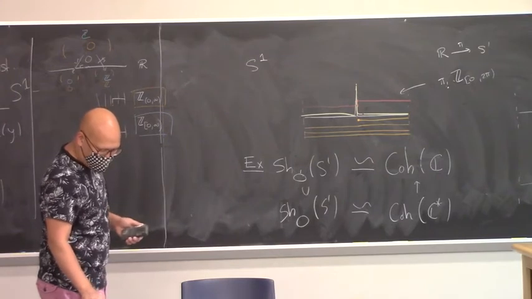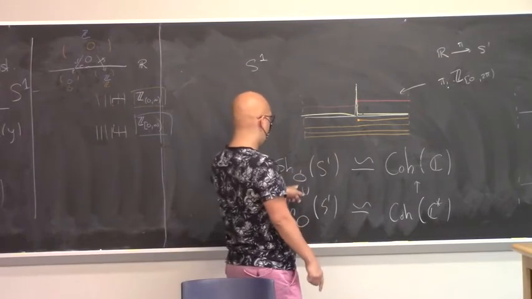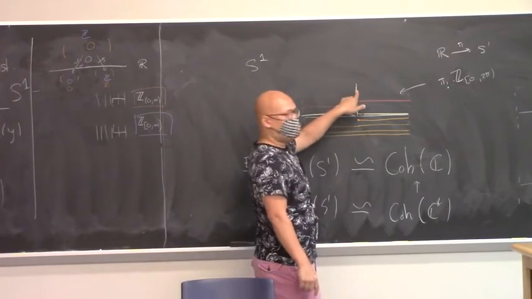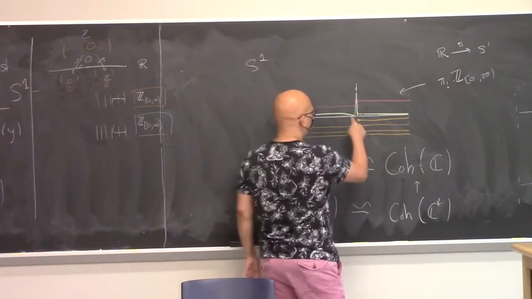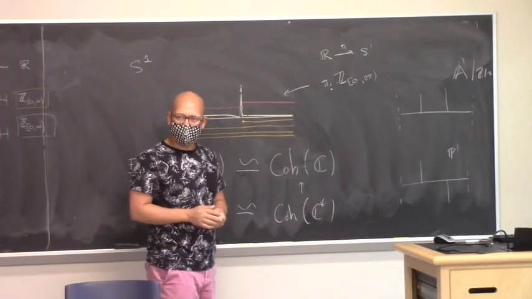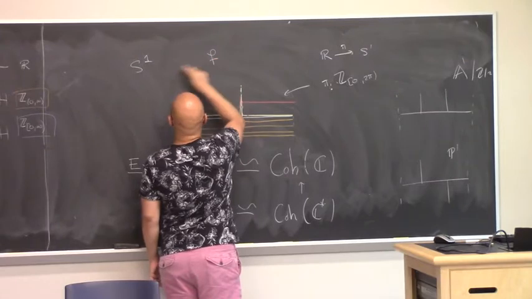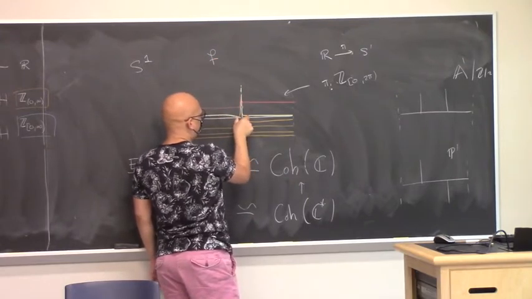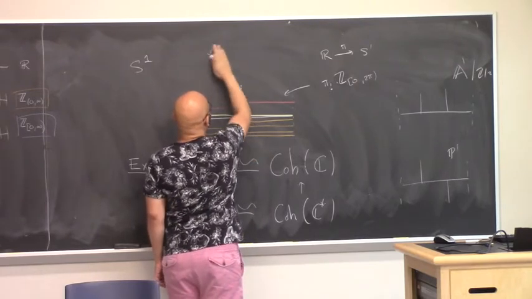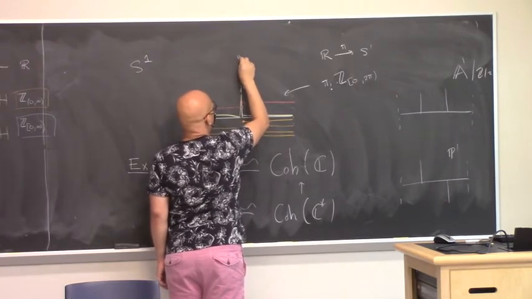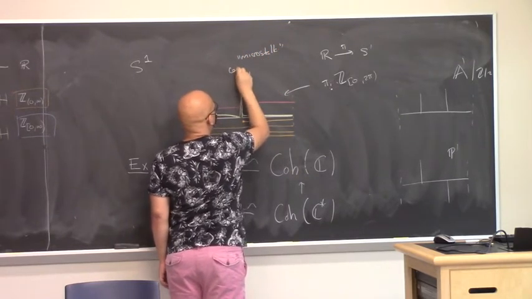And the other thing which I'll need to know is that, remember I said something is in the microsupport here if some map is not an isomorphism. I could take the cone of that map, and that would be some vector space. So for any sheaf F on S1, I could take the cone of this restriction map. And that's called the microstalk. Microstalk is Hom of the